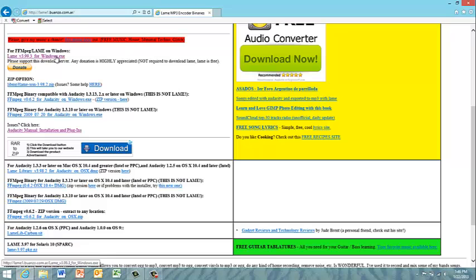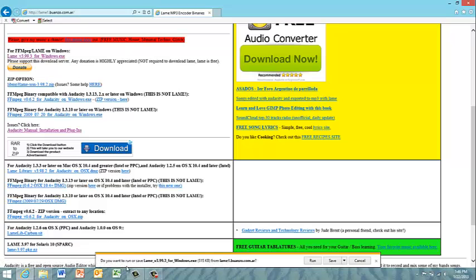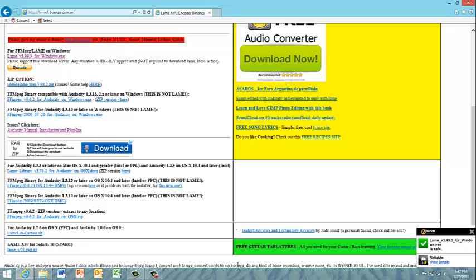So left click on this, and do we want to save this or run it? I think we want to run it. Okay, so let's choose run. You see down at the bottom here, a message comes up in Internet Explorer. So I'm going to click run, and 4 seconds remaining, 77%, and it's going to open an installer for us, and we'll go through the install. Okay, so Norton says it's okay, so we're going to click